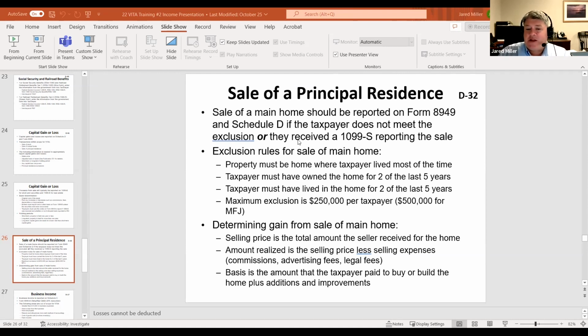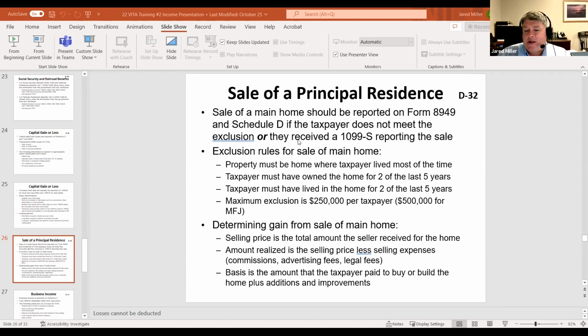So it has to be their principal residence. They also have to meet the 2 of 5 year test. So they have to have owned the home for at least 2 of the last 5 years and lived in the home for at least 2 of the last 5 years. Now, what's unique is they don't have to be consecutive timeframes. The government loves to put this on the exams and ask, what happens if the taxpayer rented a home for the last 3 years and then decided they wanted to buy it, but after they bought it, they moved out of the house? Well, technically, they're still going to meet the 2 of 5 year rule, because they've lived in the home for 3 of the 5 years, and they owned the home for 2 of the 5 years. So it doesn't have to be consecutive. We're probably not going to have that issue here.